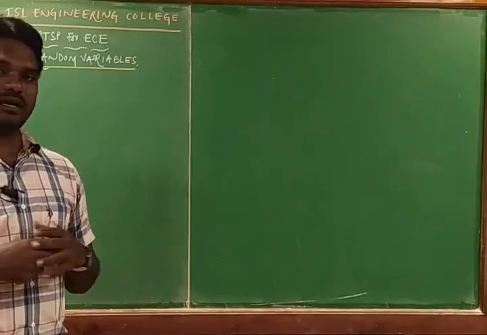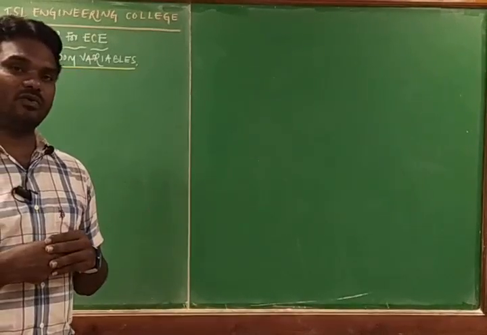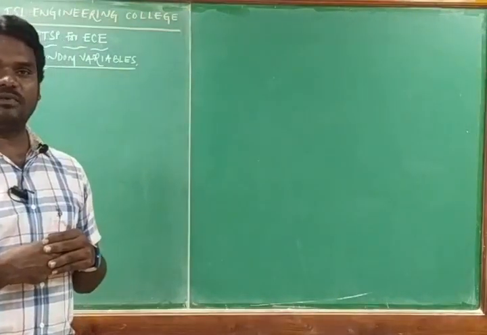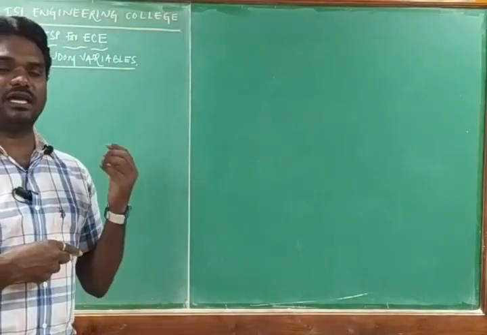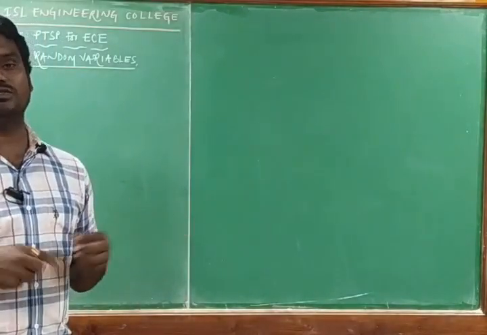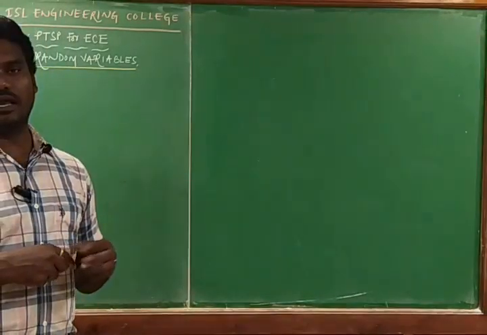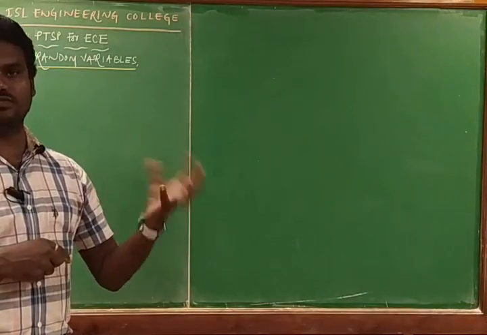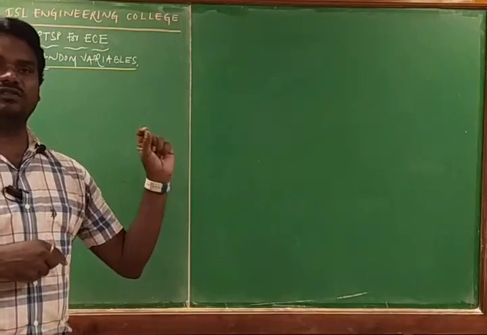Is there another possibility of getting a sum of 2, P of 2? No, because if you wanted to get the sum of 2, one die would have to show 0 and the other die would have to show 2. 0 plus 2 is 2. But a die cannot have 0. It can have 6 faces, each face assigned with at least 1 dot.